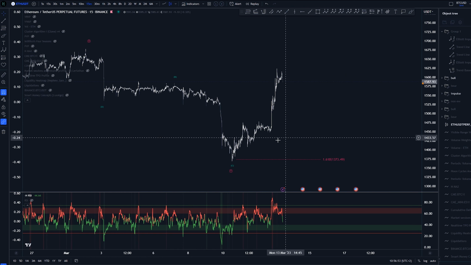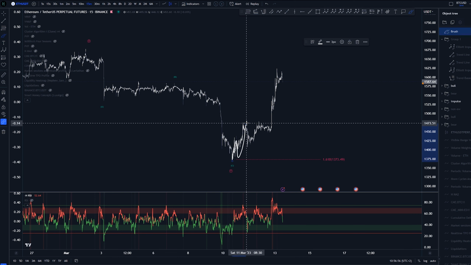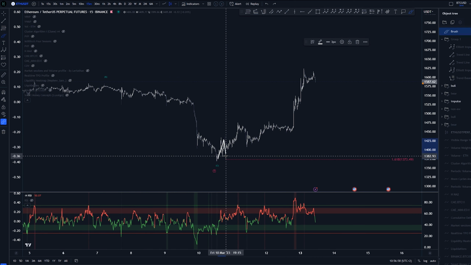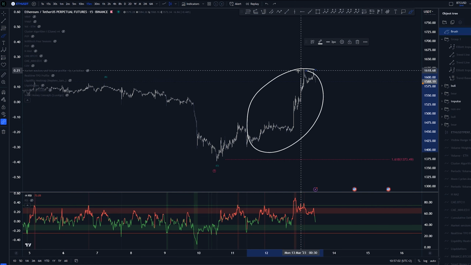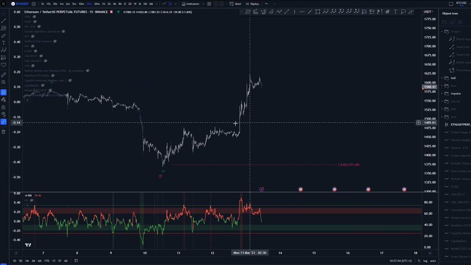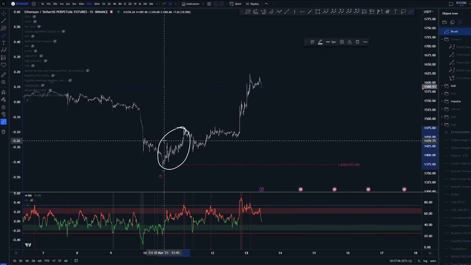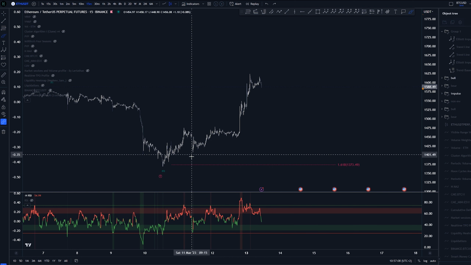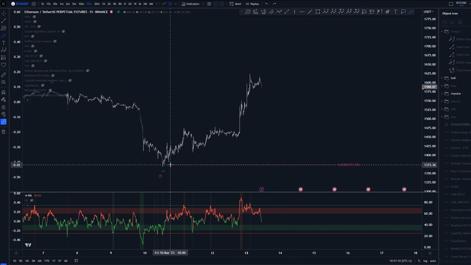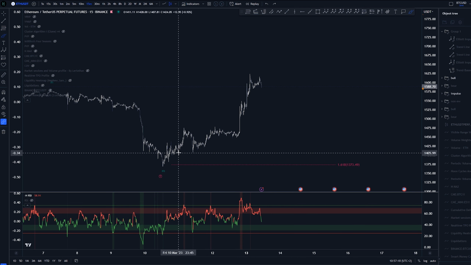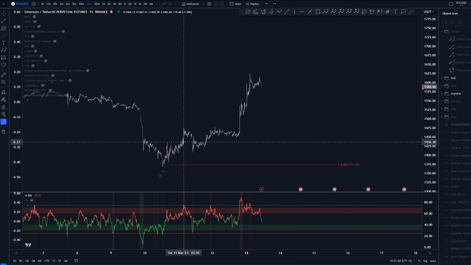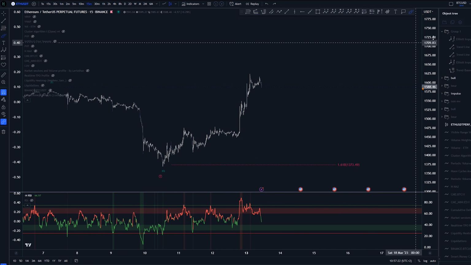Now, at the time, again, we had a 3-wave structure here. To me, this is still a 3-wave structure. I can't really label this into a 5-wave, regardless of what is happening here. So, unfortunately, this is the one that is confusing a lot of Elliotticians here, and will be confusing. This is most likely, or we have to be labeling this probably as a wave 1. I don't know how I would be labeling substructures, but yeah, that is that.